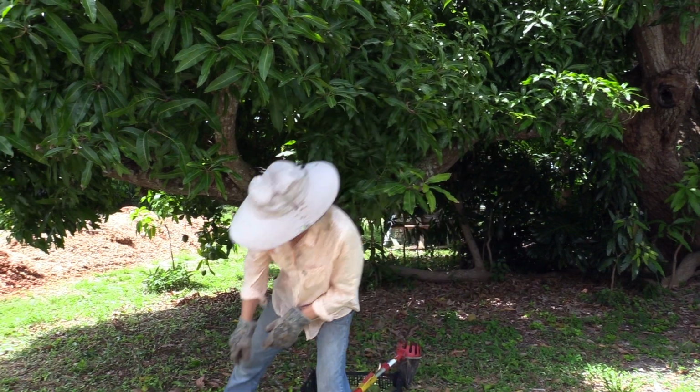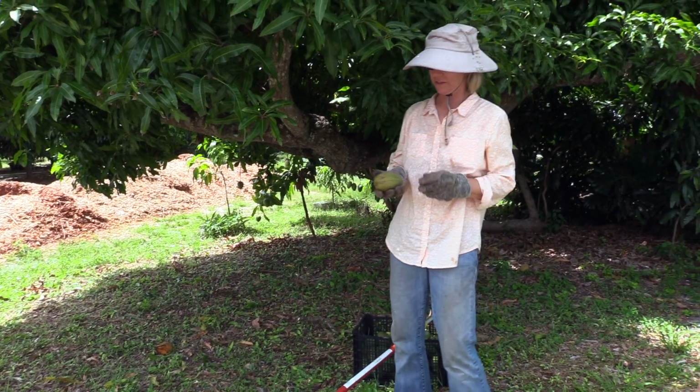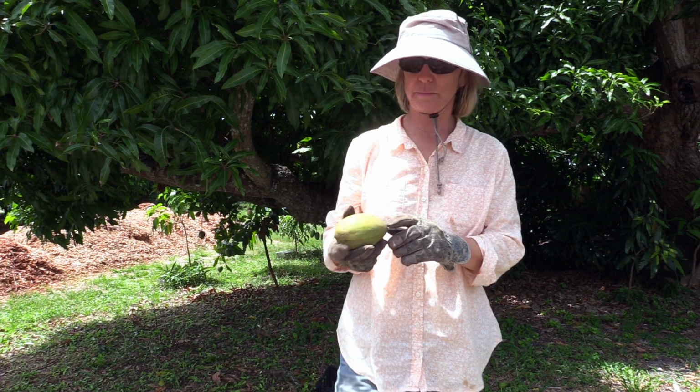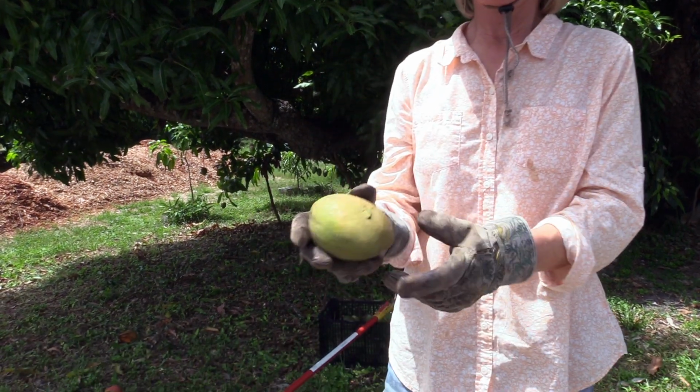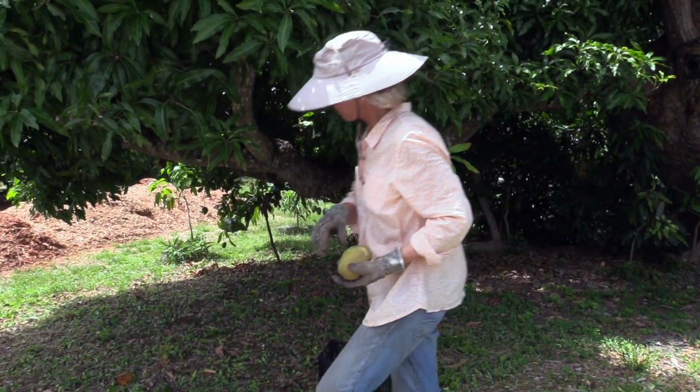Of course, it's easy to spot once you mow the lawn, the drops. But here's a drop, and some animal has tried to get into it. But at this stage, Julie is a wonderful fruit to eat. Now,